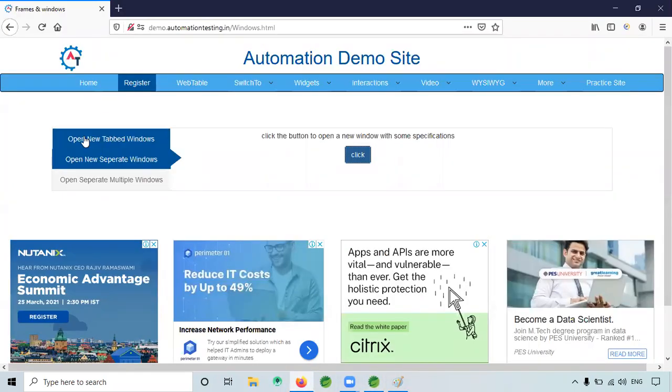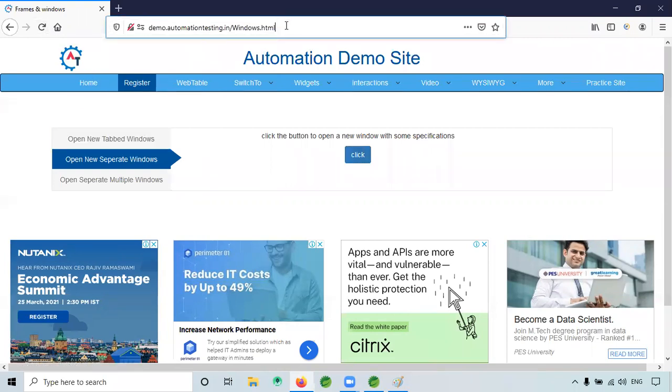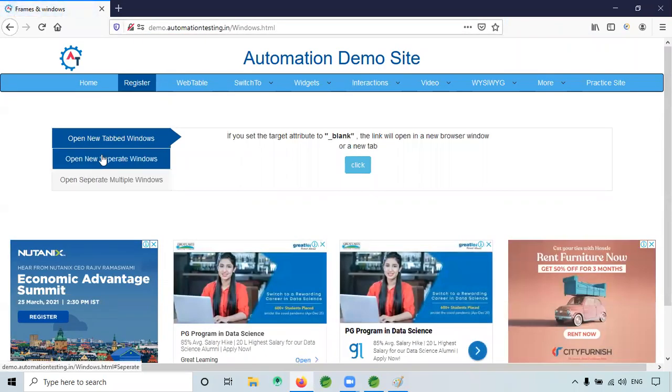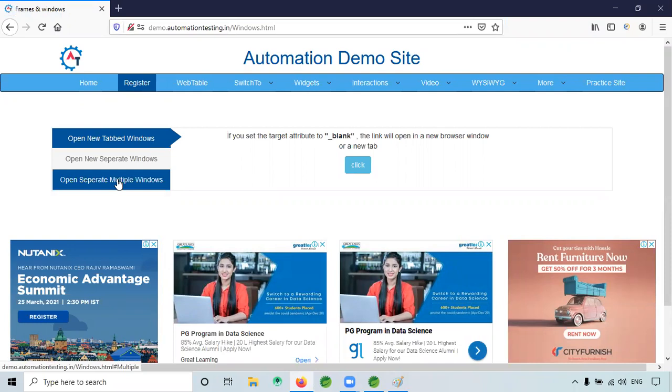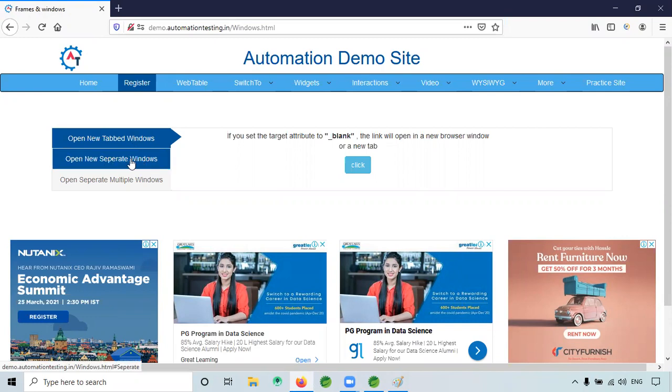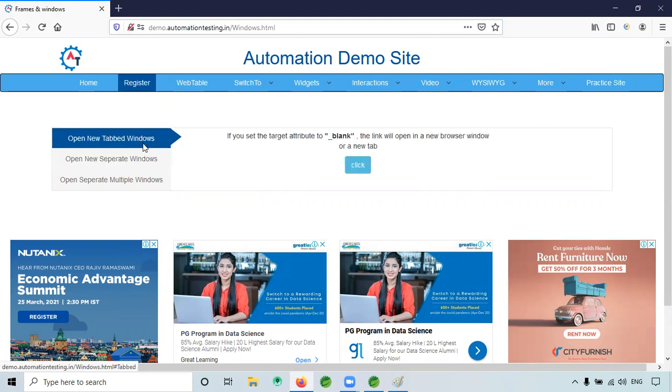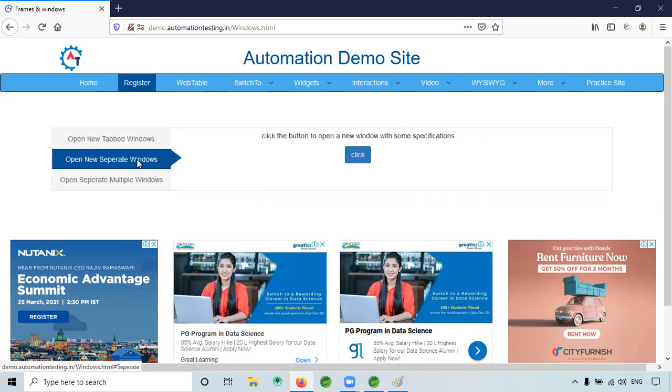Okay, so now I'm going to this page, windows.html. By default, if you see here, the action is there, 1, 2, 3, and by default it is clicking this. Now if I want to go to this tab, I have to click this tab.